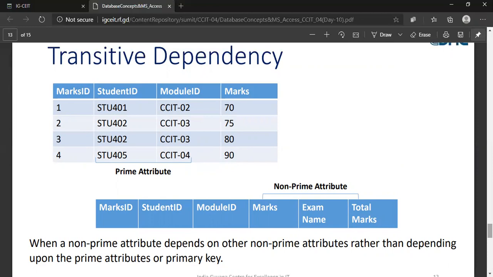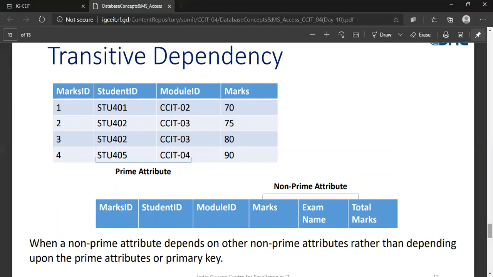When non-prime attributes depend on other non-prime attributes rather than depending upon the prime attributes or a primary key, that particular situation is called a transitive dependency.